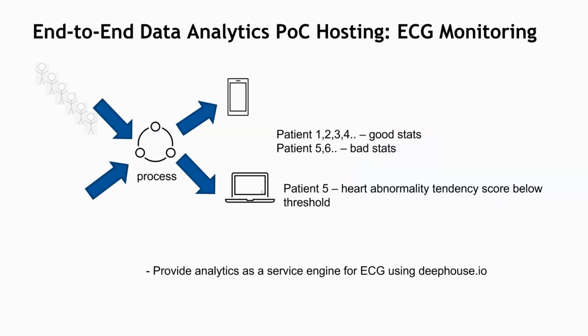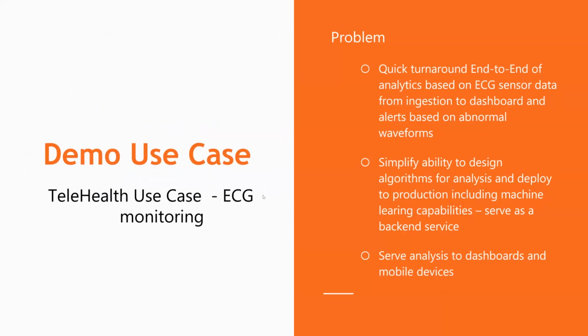Let's imagine one such company who wants to extend their SaaS offering to this use case, starting with a POC and taking it to production in case it's well received by the decision makers. And that is all about time to market with minimum amount of overhead. DeepHouse.io provides a solution through its simple but interconnected services. Let's narrow down the problem statement and the solution in the next slide.